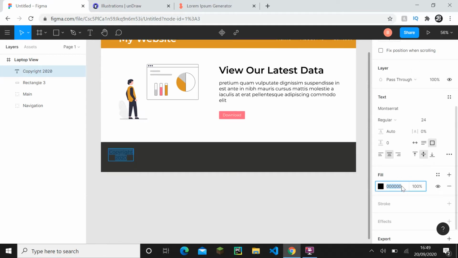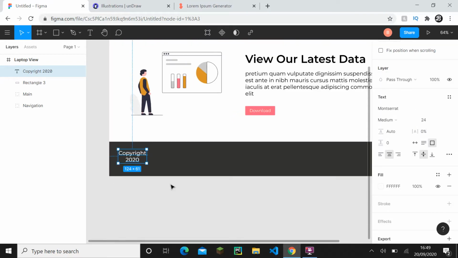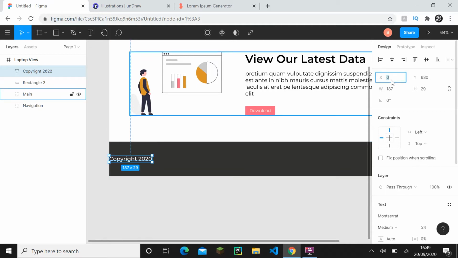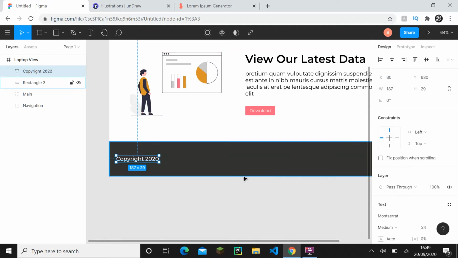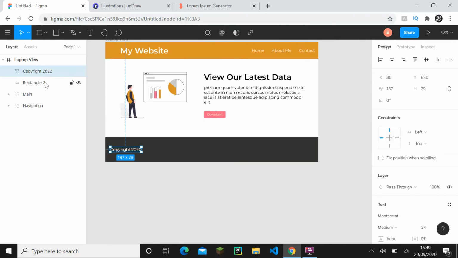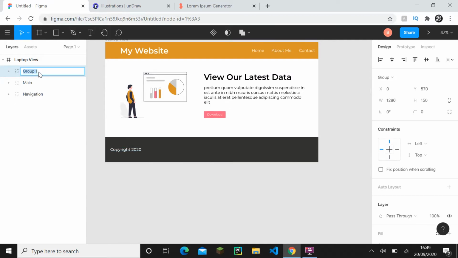We can change the color to FFF, and we can give it a bit of boldness but not too bold, and then we can double click this and center it and add an X value of 30. And on the right we can do some social media icons, so let's group this quickly. Right, footer,